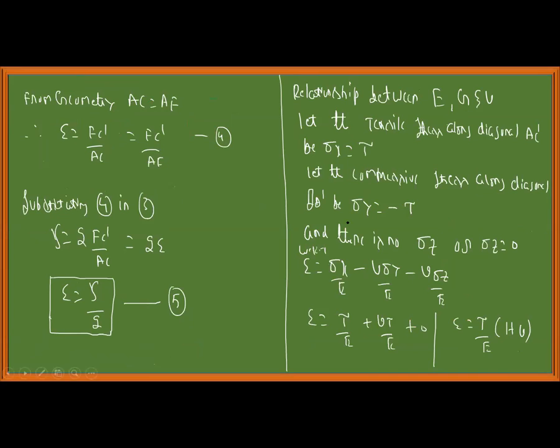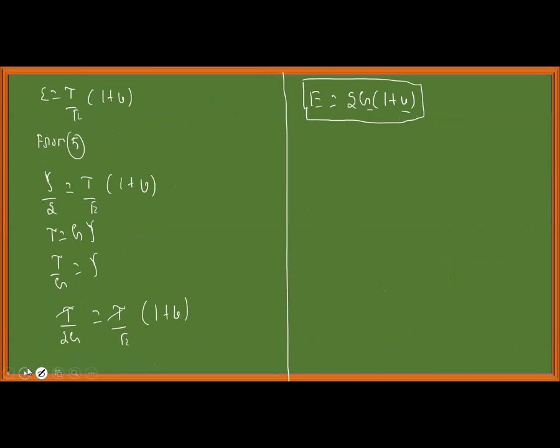Next, I will assume that my normal stress, since tau is nothing but normal stress along the diagonal, and the other is compressive stress, is also a normal stress. I'm just indicating it by sigma x and sigma y for my convenience. If I substitute in this, epsilon is sigma x by E minus mu times sigma y, since there is no sigma z, so this turns out to be epsilon equals tau by E into 1 plus mu. If I substitute according to this relationship, shear stress is proportional to shear strain within the proportionality limit, I'll end up with the relationship E is equal to 2G into 1 plus mu. This is a standard relationship.